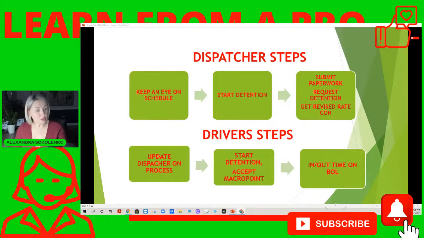Your driver is supposed to pick up a load at 9:30 a.m. He did check in on time. He might even check in earlier. So let's pretend 9:30 a.m. The shipper and receiver give you approximately 2 hours before the detention will occur. And again, it depends on equipment, and every shipper and receiver has different rules, and you need to make sure you read your rate confirmations.